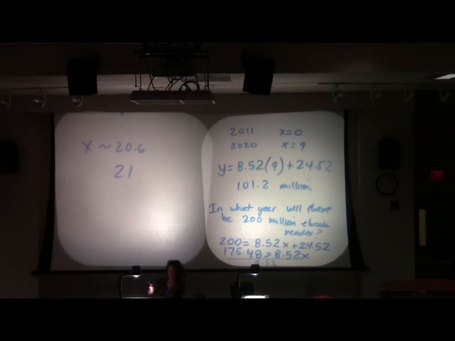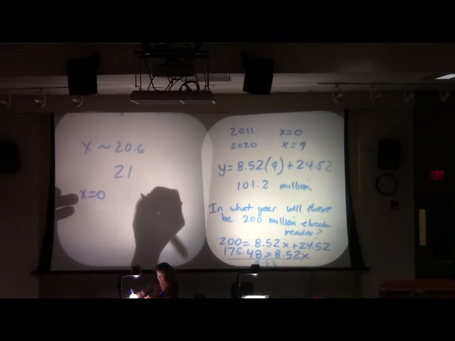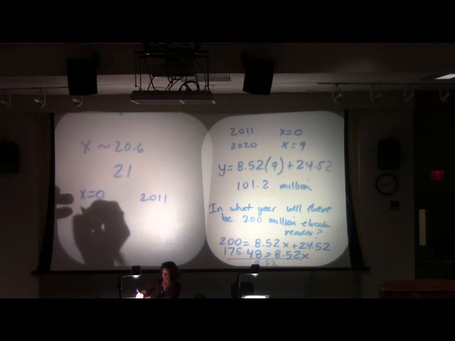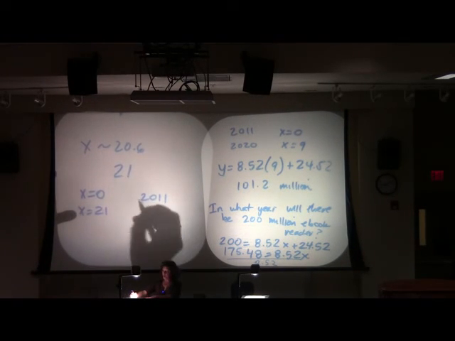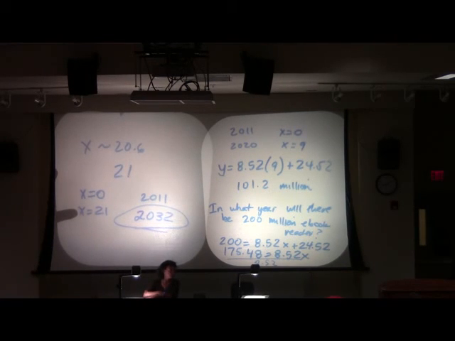I always tell you to round to the nearest year. You guys, am I done? No. This is saying in the year 21. Okay? We actually now have to convert it to what year it actually is. Again, remember x equals 0 corresponds to the year 2011. So x equaling 21 corresponds to what year? 2032. Right? Just add 21 on here. Guys with me? All right.